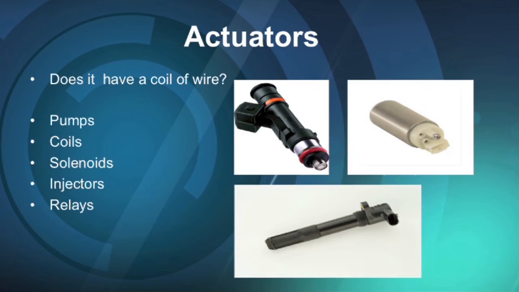So the question comes, does the component you would like to dynamically test with your lab scope have a coil of wire? An electric fuel pump has a coil of wire. Ignition coils have a coil of wire. Solenoids, whether it's a turbo boost solenoid, a torque converter clutch solenoid, or a 1-2, 2-3, 3-4 shift solenoid in a transmission. Injectors have a coil of wire. Even relays have a coil of wire. That's when you would make the decision on using your current probe to current ramp,